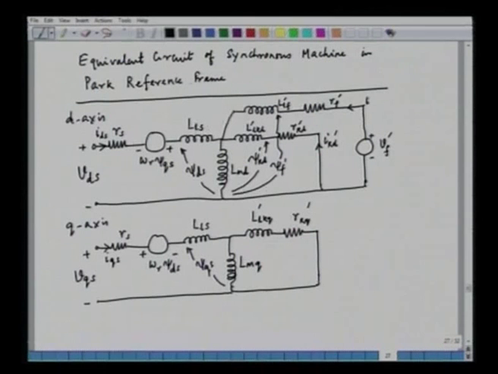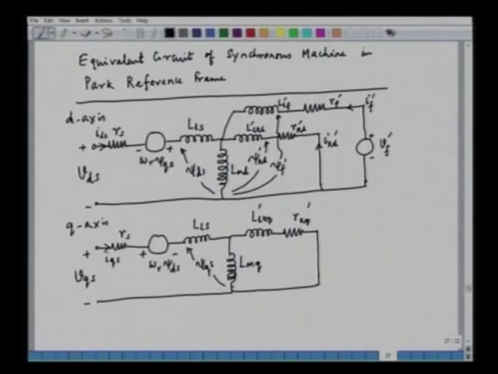This is IA prime, the field current. So, we have shown the various flux linkages in the stator as well as in the rotor in the d axis. Similarly, in the q axis, this flux linkage is psi kq, which consists of the q axis damper leakage flux. This is the damper current IKQ prime, the leakage flux plus the magnetizing flux in the q axis. So, psi kq prime as referred from the primary side is the flux linkage in the q axis damper.